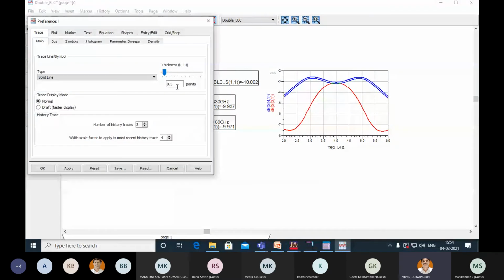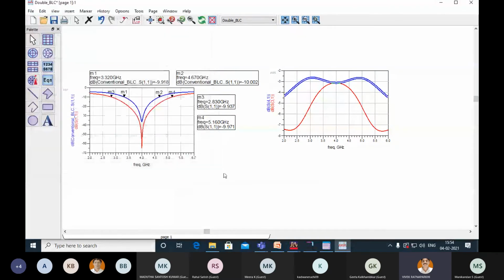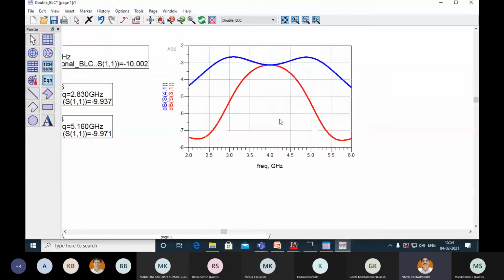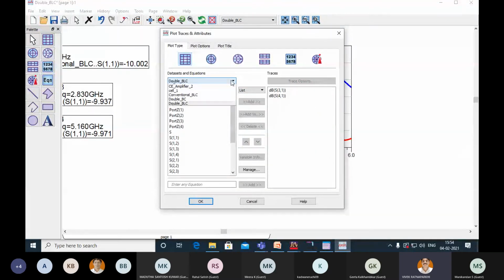Now you can comment whether this is good or bad. This is the response for the double box. Superimpose on this, you can go to your own single box design and superimpose S31 and S41.